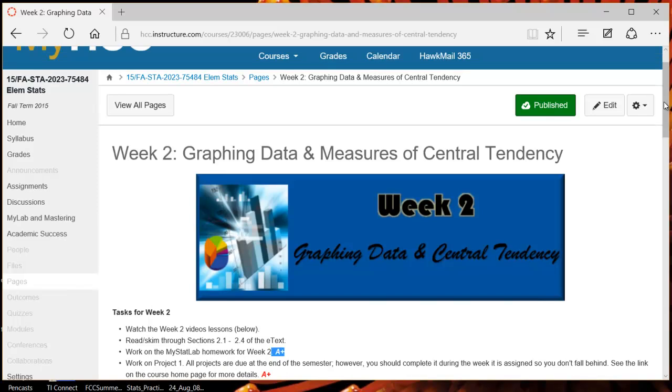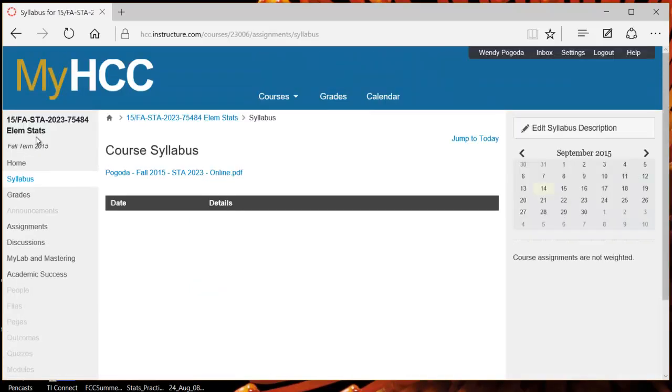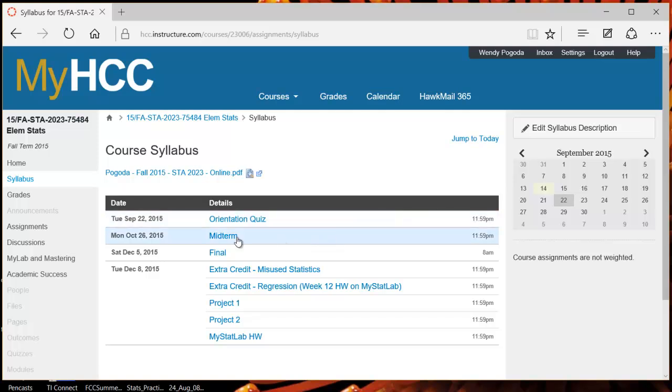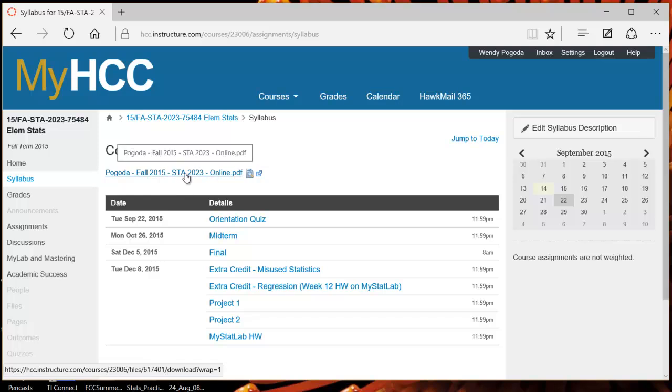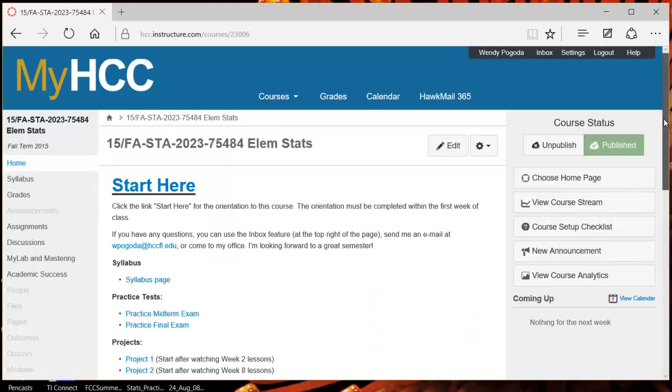And those dates are listed in the syllabus, and if you click on the syllabus over here on the left, you can see those dates, the deadlines to take those as well. But again, look at your actual syllabus because those will give the date ranges that you're allowed to take the exam. All right, going back to the home page and going back to the weekly lessons,